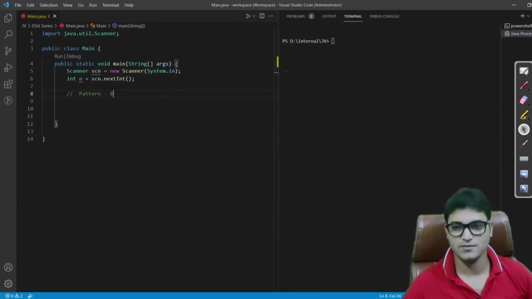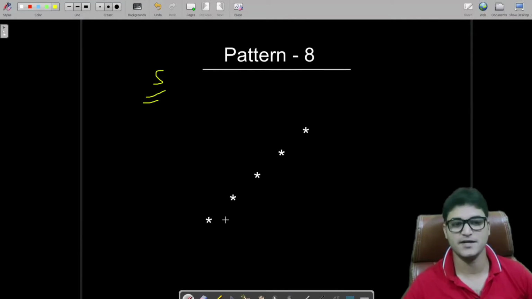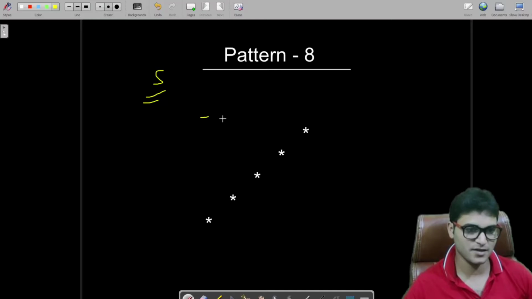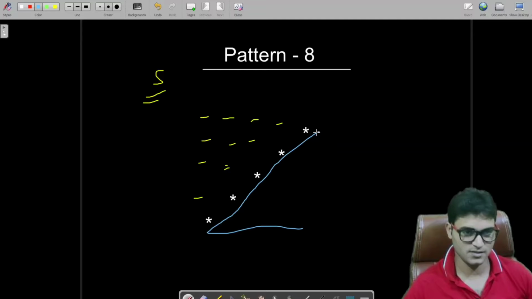All right. So this is pattern 8 which we have to draw to the user screen, and you already know the drill. This is a 5 size pattern because we have 5 rows and 5 columns. To visualize this a little more clearly, I am drawing the spaces also. So these are the spaces which were not visible to you initially. Again, we don't have to worry about this space. Actually, it's a 5 size square, but we don't have to worry about this space.